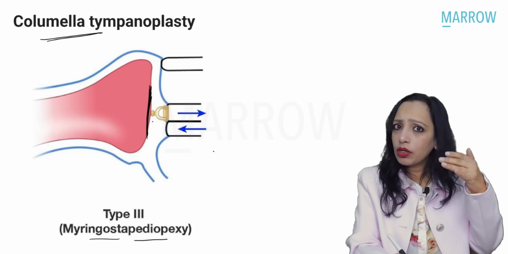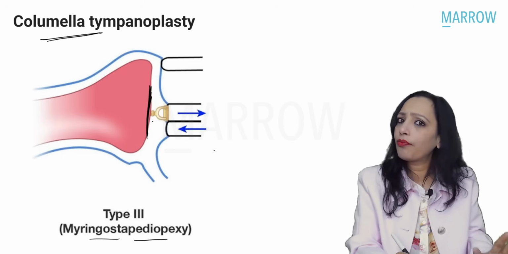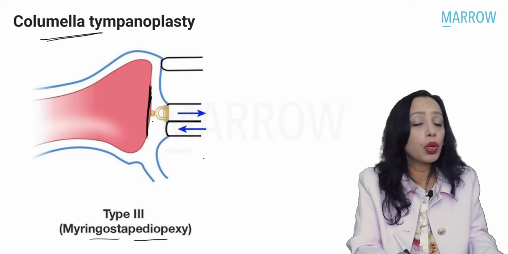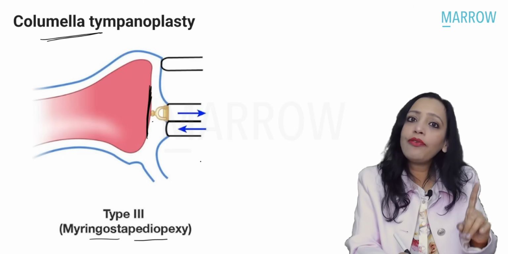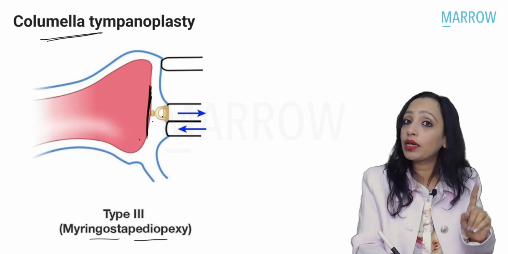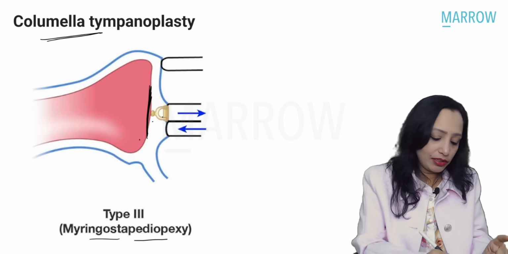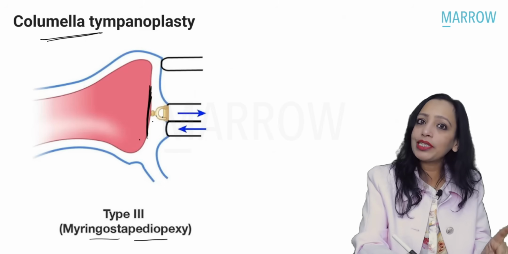We remove the ossicles one by one: malleus, then incus, then stapes. Now what is the type? Is it over the footplate of stapes? No. If we place it anywhere over the stapes, either over the head of the stapes or over the footplate, that is what is type 3. Is that clear? So when we place it directly over the head of the stapes, that is also type 3